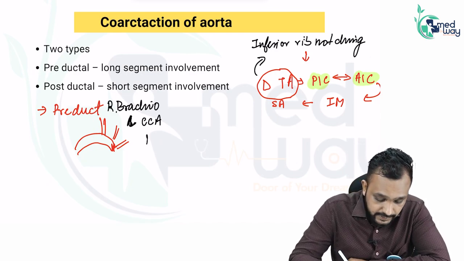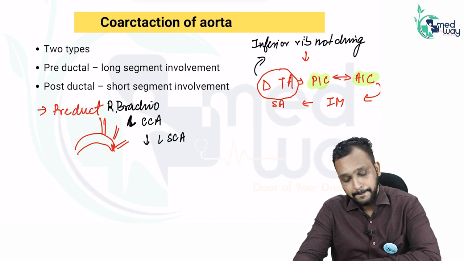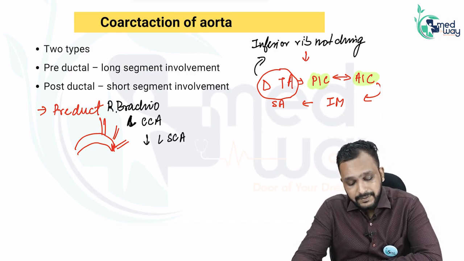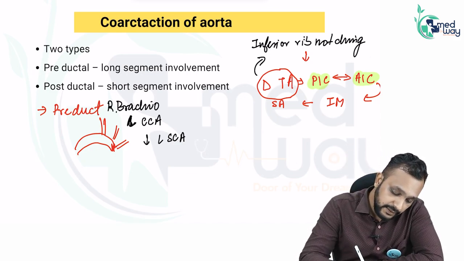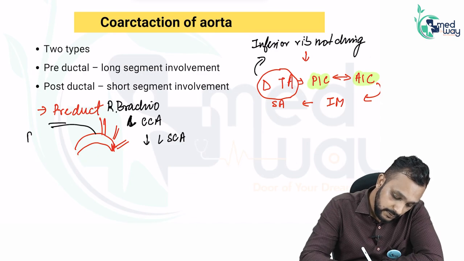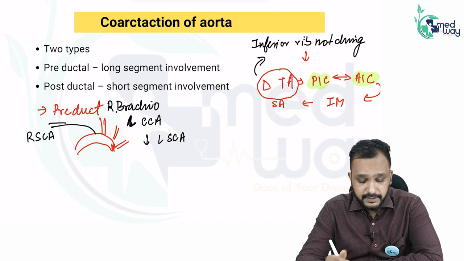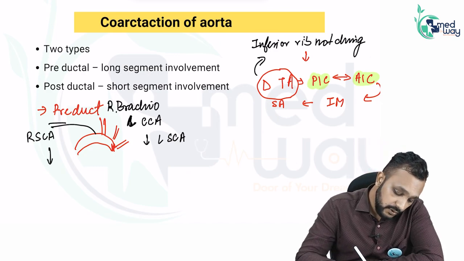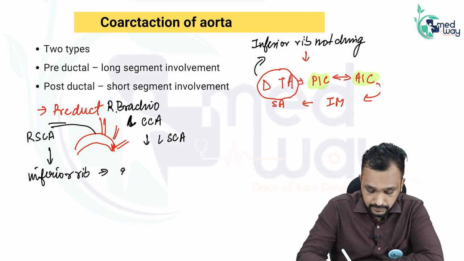But there will be decreased blood supply to the left subclavian artery, right? Now, what happens in these patients? You will see that only the right subclavian is normal. Okay. So, in preductal variety, you will see inferior rib notching only on the right side,